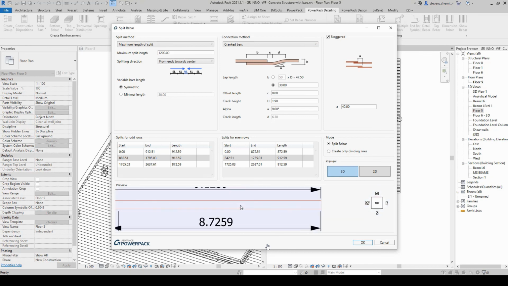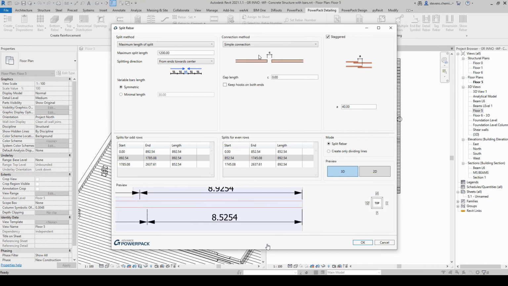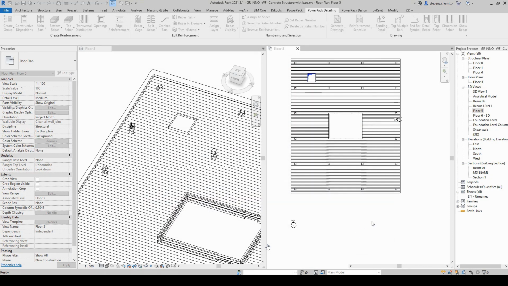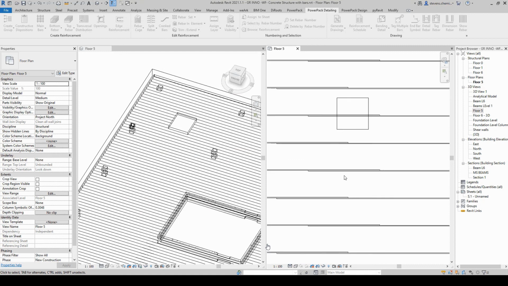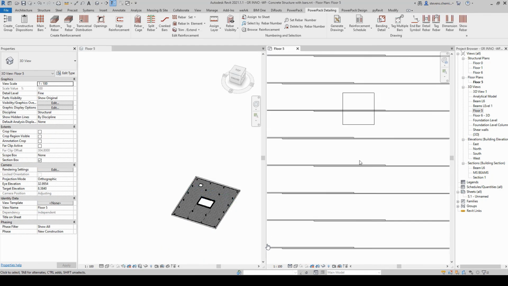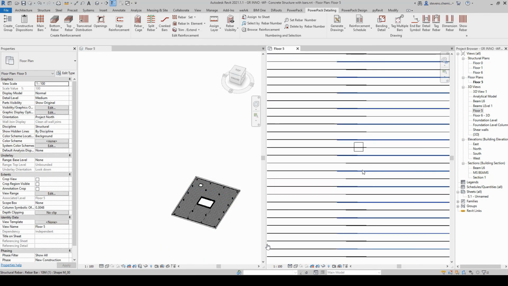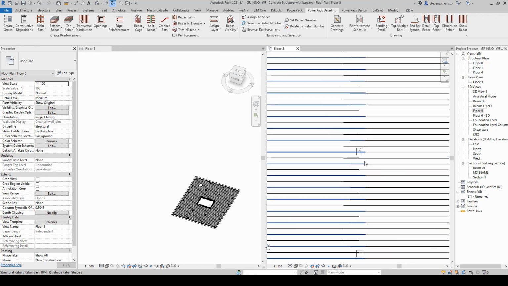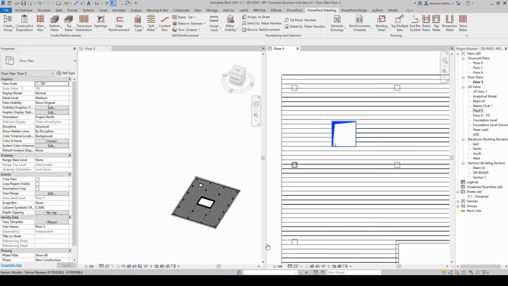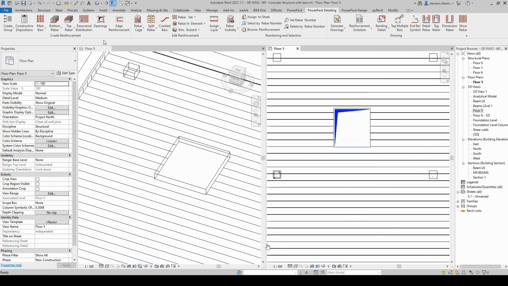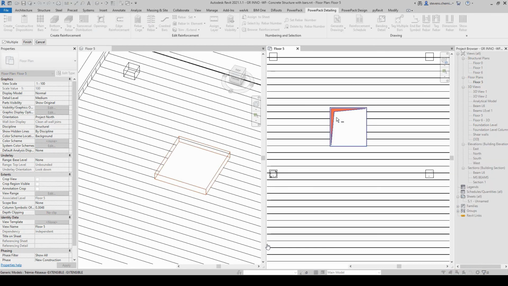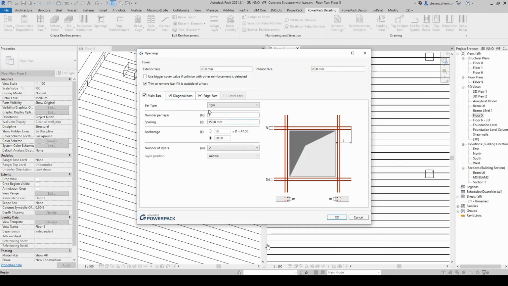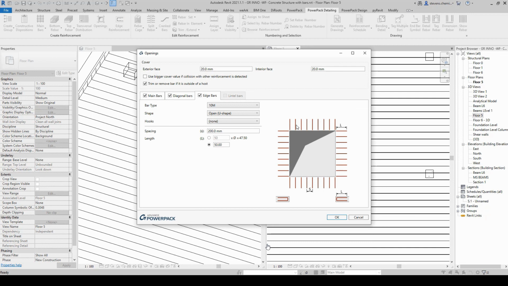It's possible to crank them, or have just a simple connection with a small offset. So we have several connection methods. Based on this configuration, our split rebar command, which is also a key command of the PowerPack detailing package, will help the user, just by selecting a rebar set, to automate the splitting.